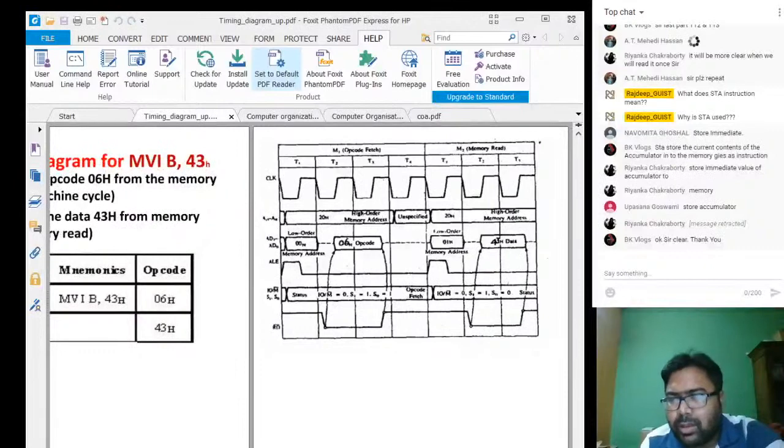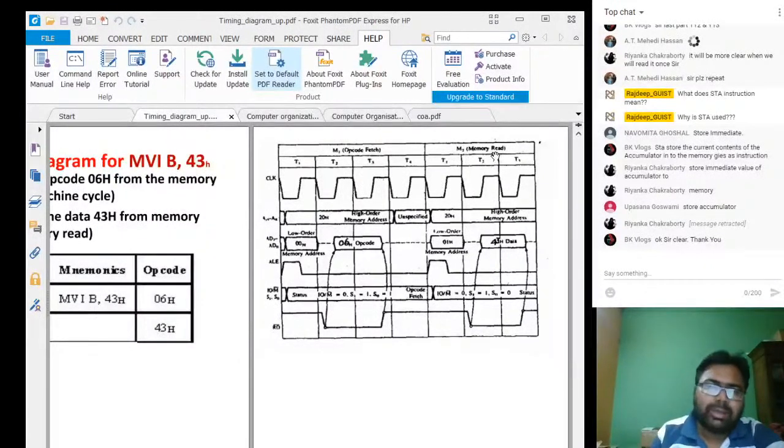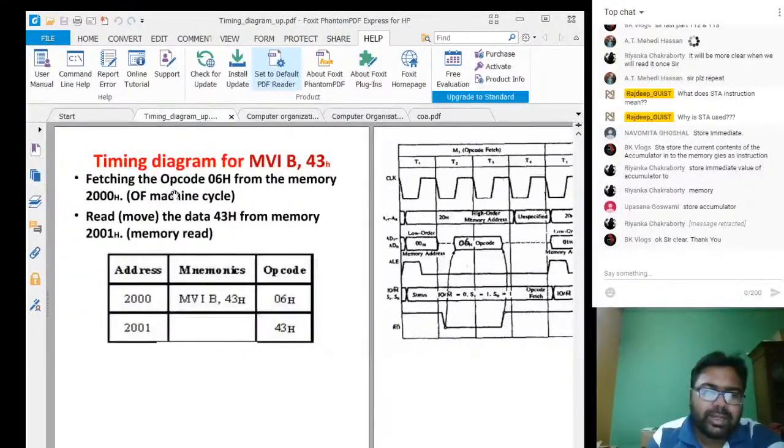So for drawing these timing diagrams, you need to have a very clear idea how these contents are placed in your memory location. Okay, so this is very essential. So it is also important that you study this 8085 simulator well. Okay, so whenever you are executing an instruction, I think there was this memory column where the contents were changing. Okay, so you can see this thing.